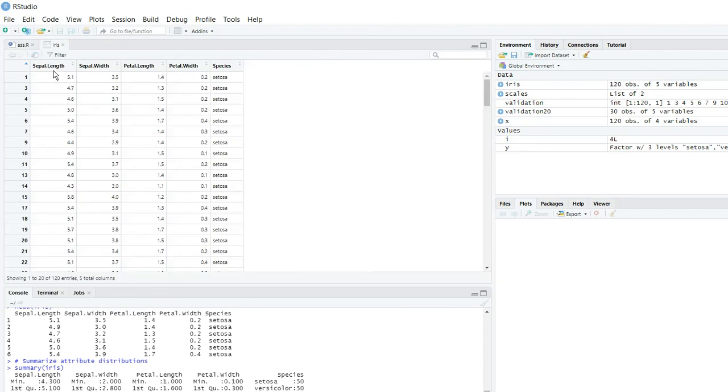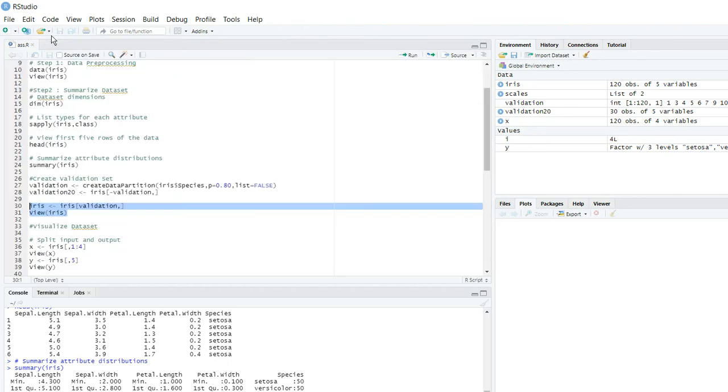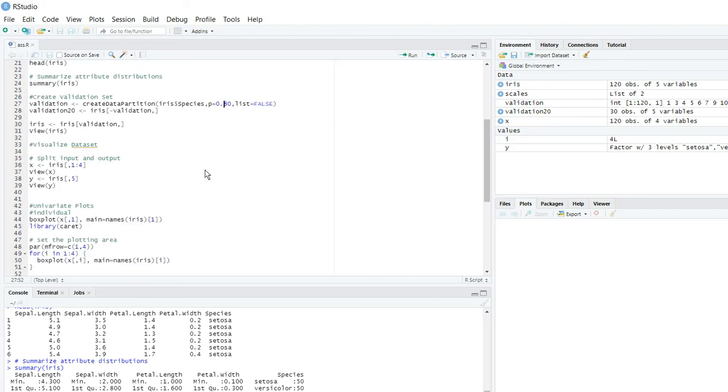Here you can see the serial number is not continuous: 1, 3, 4, 23, 26. So out of the 150, 120 records are randomly separated. This is how you split the data set into two halves. You just have to use the function called create data partition and specify the percentage. So this is about data splitting.